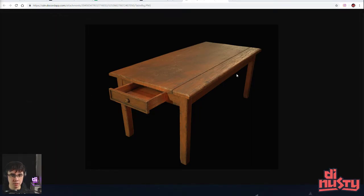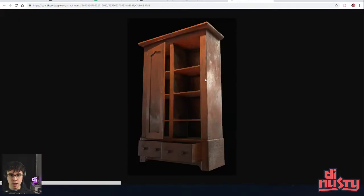Roughness wise, it's pretty uniform. Like this next one actually looks really interesting to me just because there's a lot of roughness information telling stories and stuff like that. Like if the side of this was maybe not, like when you pull a drawer out, usually the sides